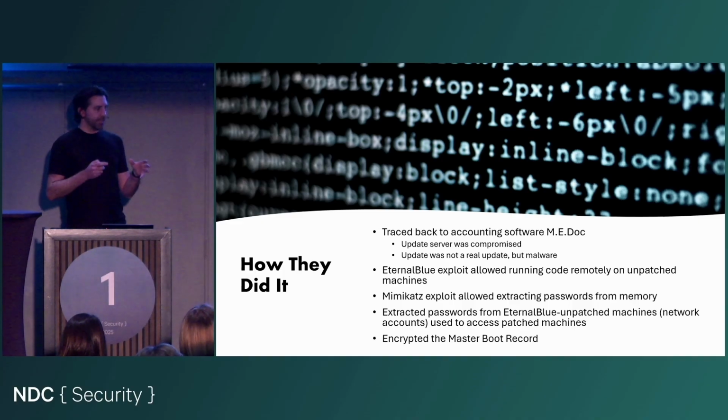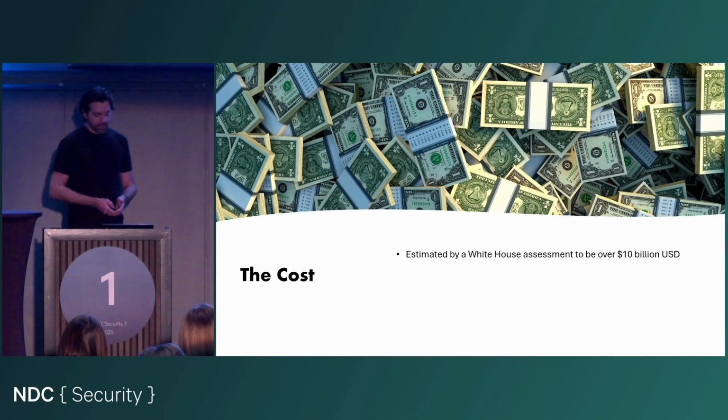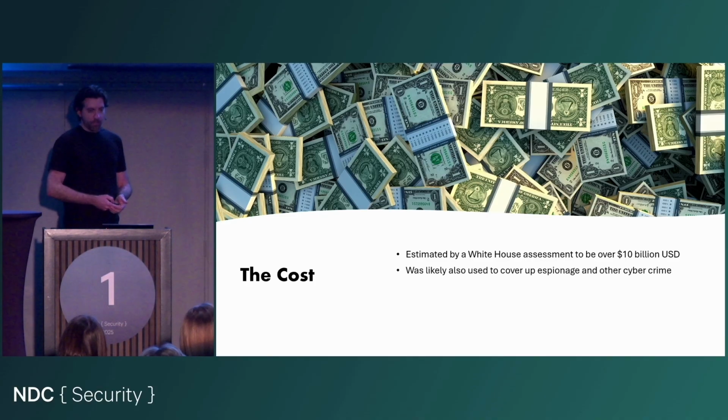Because after they did that and they had access to that machine, they would encrypt the master boot record, and now you have all of your data locked up. And they weren't even asking for ransom on this. It wasn't ransomware in the traditional sense. Encrypting your MBR is a great way to do ransomware, but the attackers here didn't care about money, they just cared about damage. And the cost of this was estimated at, like I said, about 10 billion US dollars, but